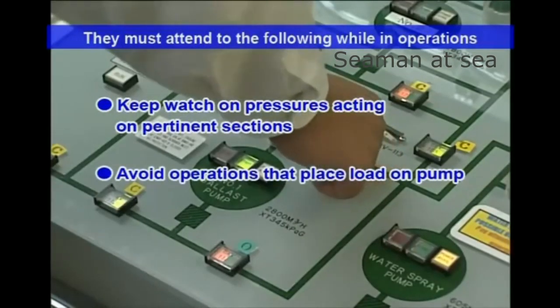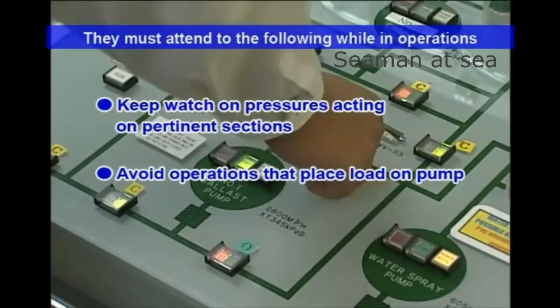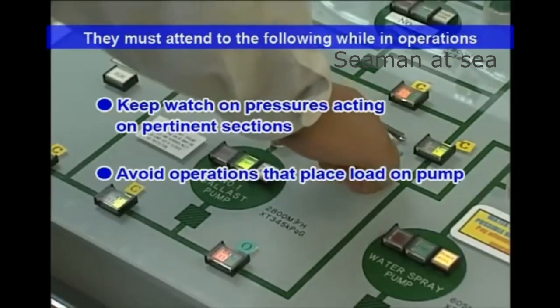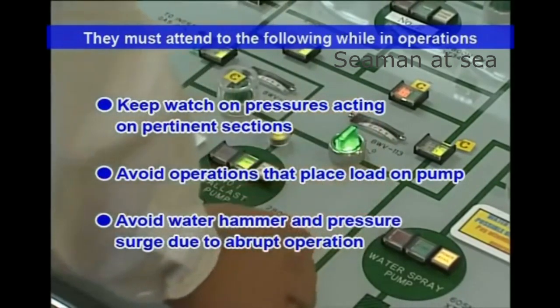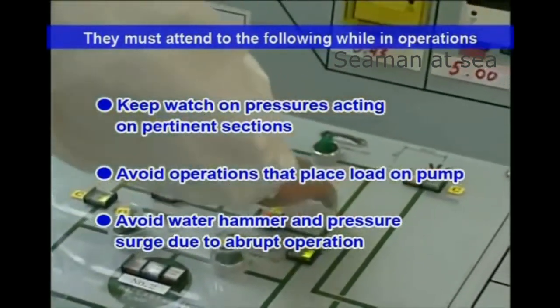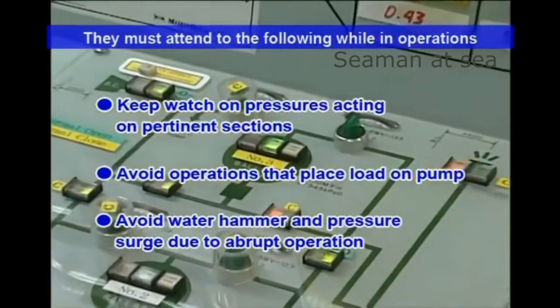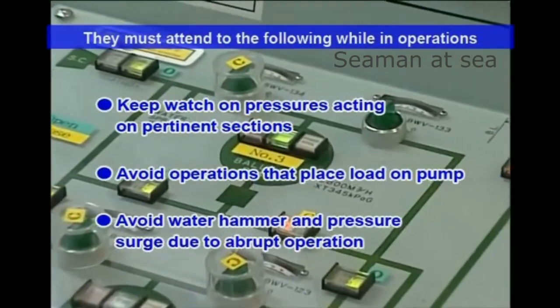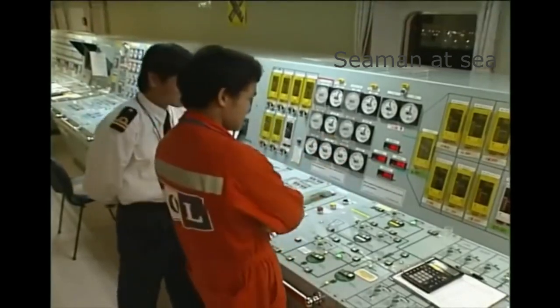Understand the pump's principle and avoid load-placing operations, such as cavitation and air drawing. And understand valve characteristics and avoid water hammer and pressure surge due to abrupt valve operation. Keeping an eye on and securely conducting operations with these points in mind is the key to ensuring safe